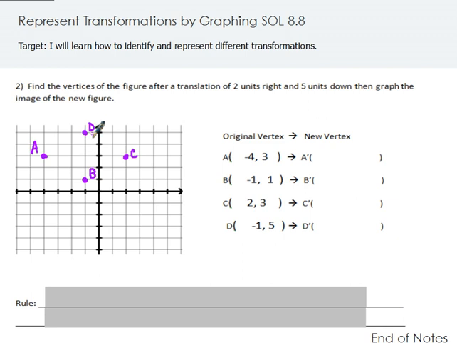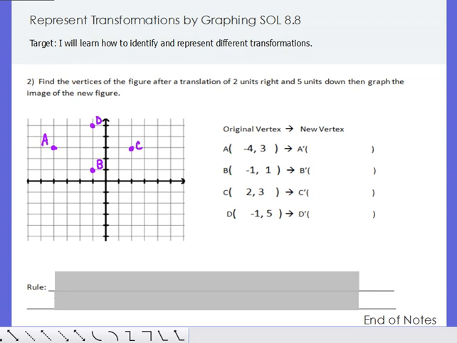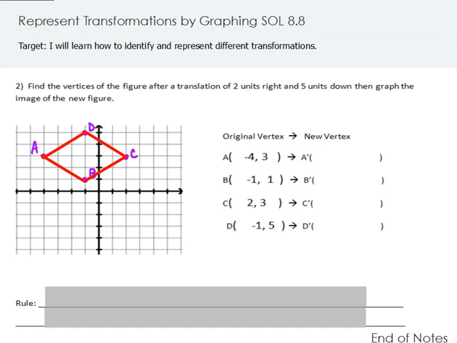So make sure you label A, B, C, D, and make sure you connect A, B, C, D with straight edges. A to B, C to D. So you should have the shape of a parallelogram. Take that figure. We are going to translate it 2 units to the right, 5 units down. So if this works, all I need to do is take all the x values, and since it says move 2 units to the right,